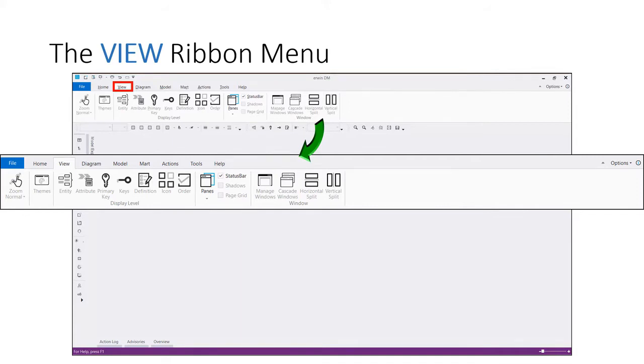In the previous product menu systems, modelers would have to select View and then click on Display Level from the pop-up menu in order to display the secondary pop-up containing the display level submenu items. Fewer keystrokes and/or mouse clicks and less menu pop-ups to navigate translate into improved modeler productivity.